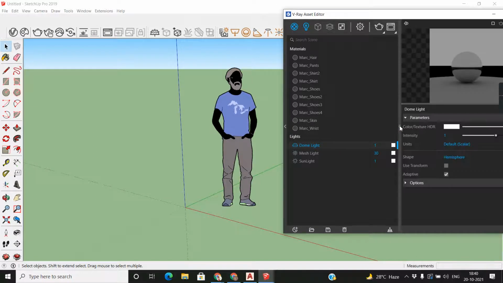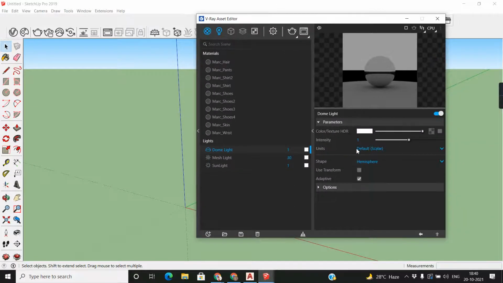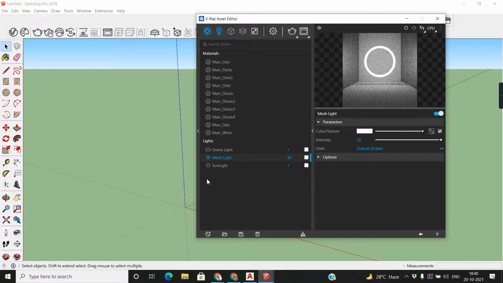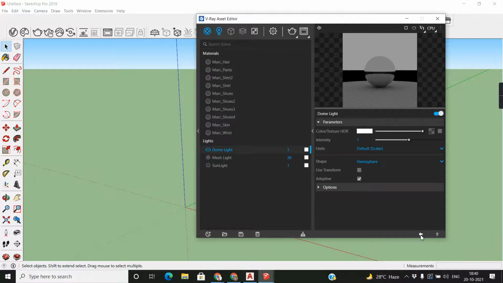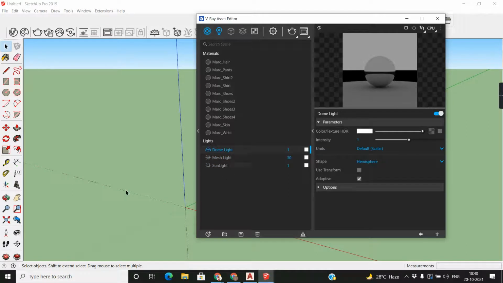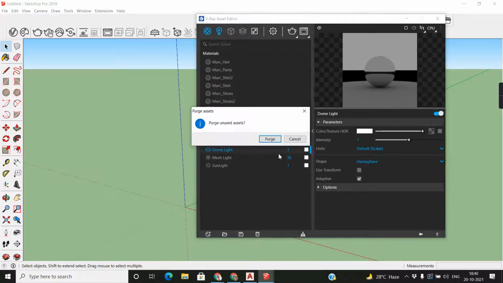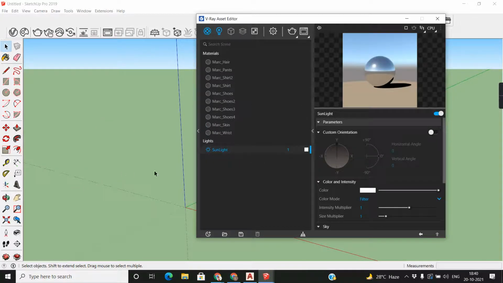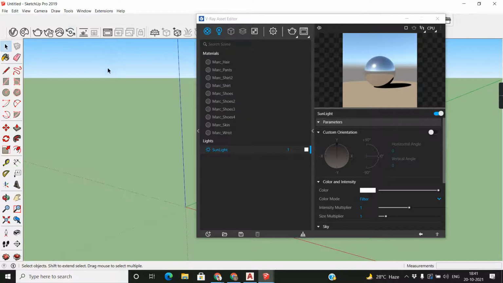And if you want to edit something, just click, you will find editing mesh light. Okay, I want to go back, previous, previous, previous. You want to delete, so if I click purge, it will delete because there is no physical light at all on the screen. So not only light will be purged, the entire thing, material, light, geometry, everything is purged if it's not used in the space.